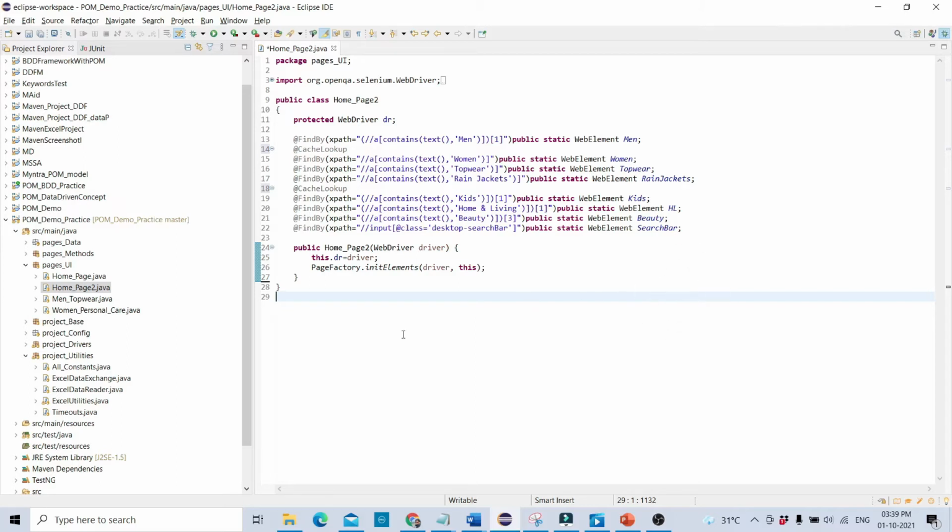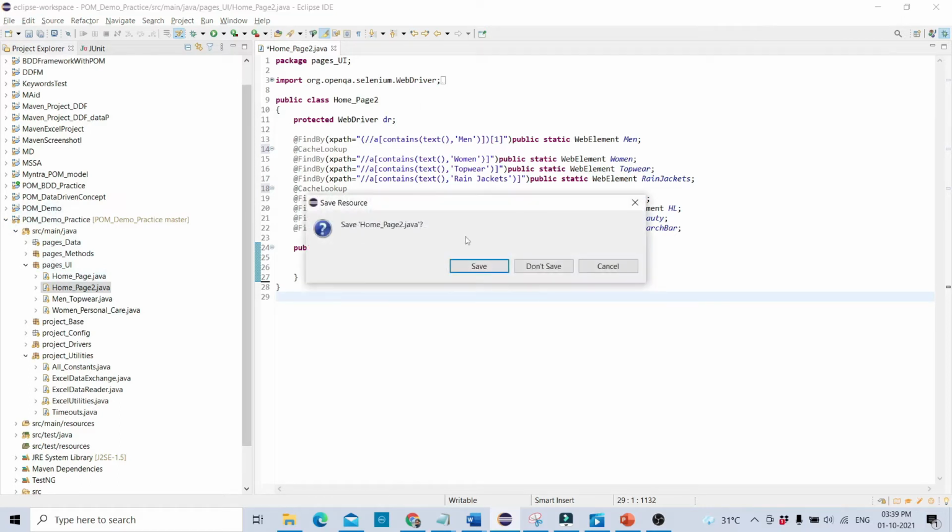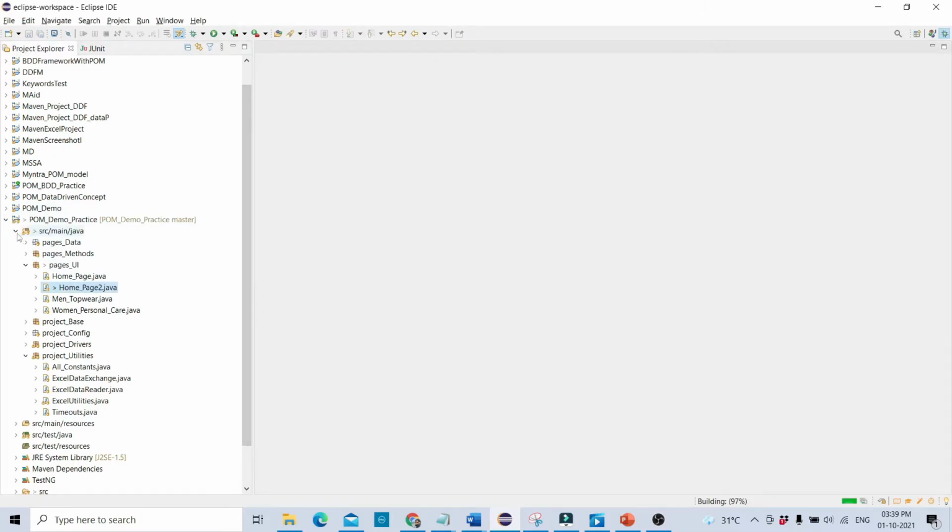Okay, I am not able to zoom in. Guys, I'm sorry, I am not able to zoom in on this, but it is viewable, I think. So guys, I will show you. This is the method. I will just close this down. Okay, so this is my page object model project where I have used Page Factory.